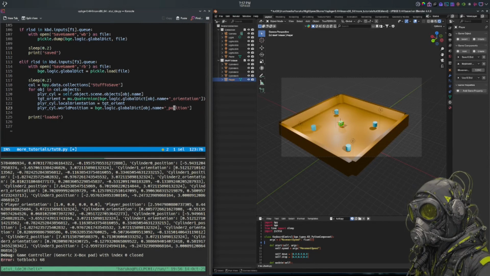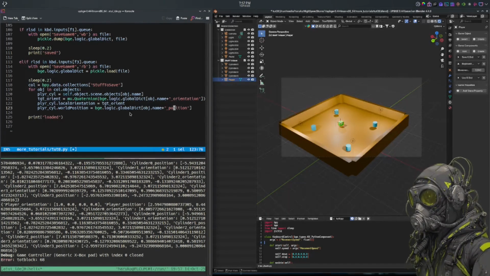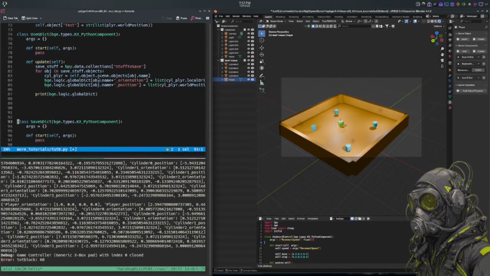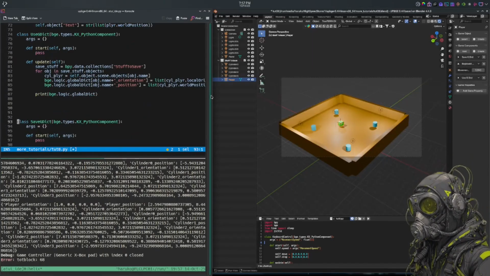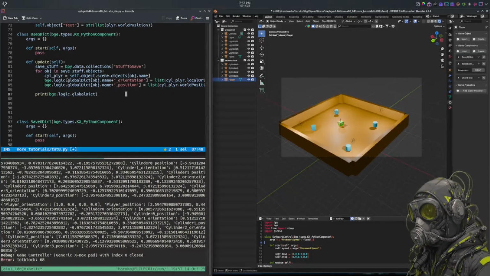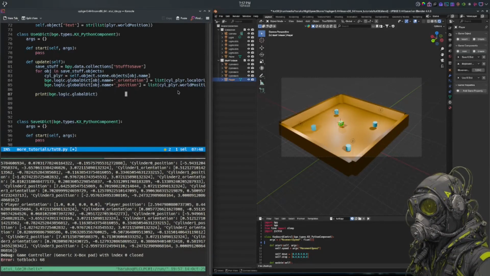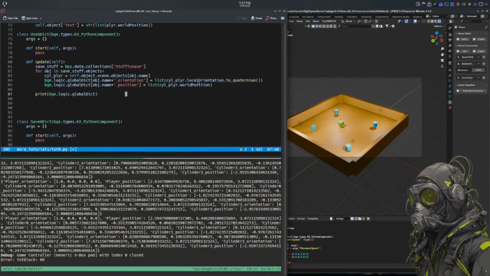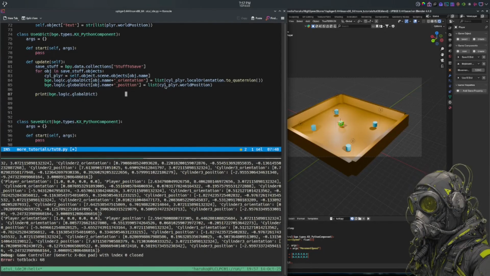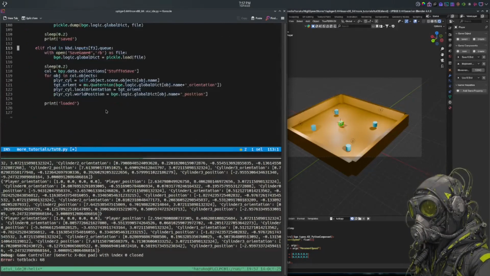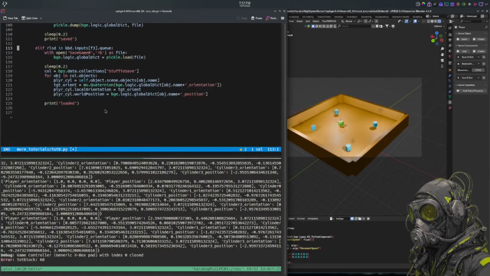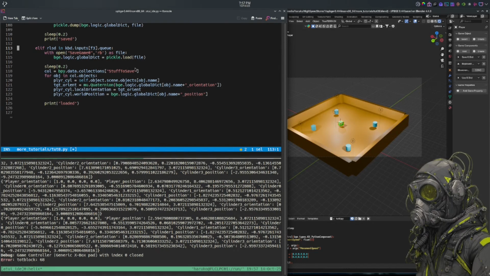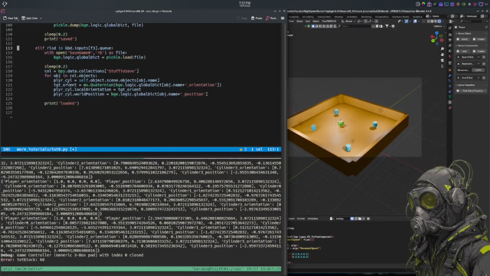All right, so now we've done that, we now have two for loops. We have our for loops that does the easy part, creating the GlobalDict values as lists from the object, the values of the object's orientation and position, right? And then down here we have another for loop after we press F3 that's going to basically load the file, assign GlobalDict to the file,